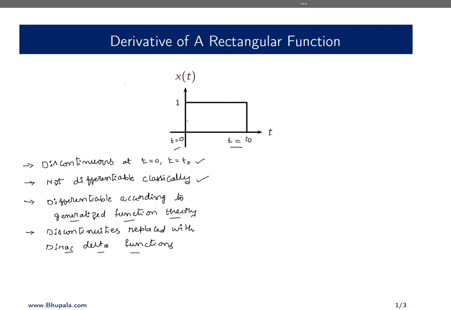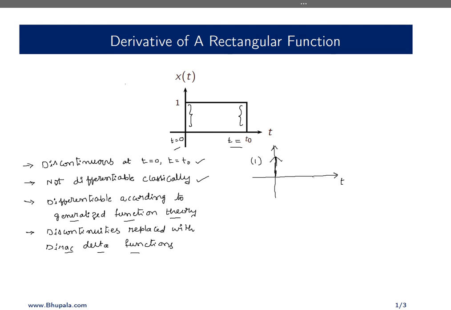We have a positive discontinuity of 1 at t equal to 0, and a negative discontinuity of 1 at t equal to t naught. If you try to plot the derivative of this function, the plot will look like this. According to generalized function theory, we replace the discontinuity at t equal to 0 with a positive Dirac delta function, the plot of which will look like this. And at t naught we have a negative jump because the signal is jumping from 1 to 0,